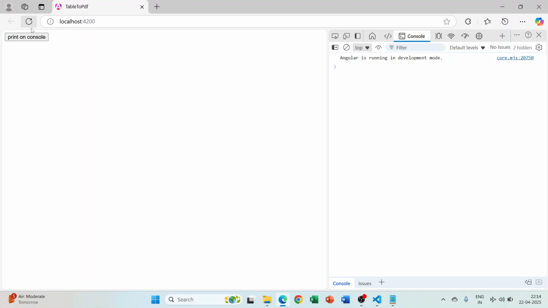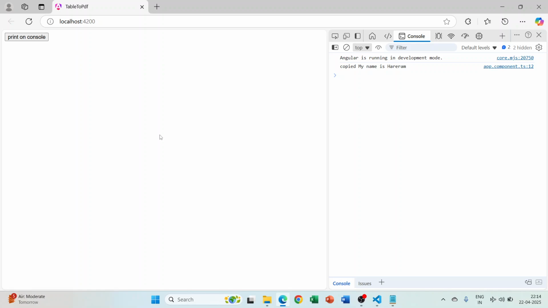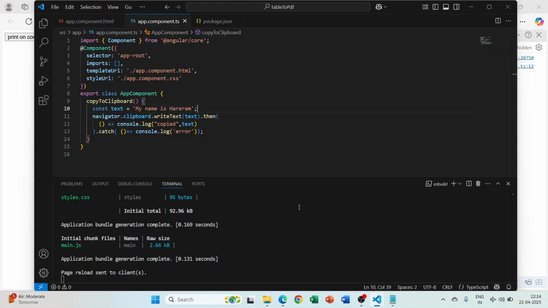I will just print on the console, and it is printing my name is Hare Ram, and I will just go here next line, I will just paste it, and it is showing that my name is Hare Ram. So this is how we can copy something on clipboard using JavaScript or